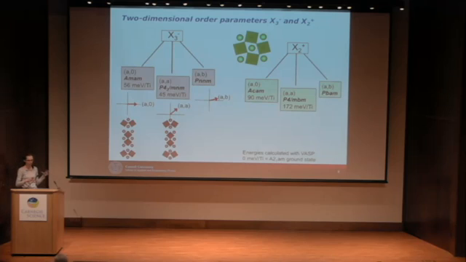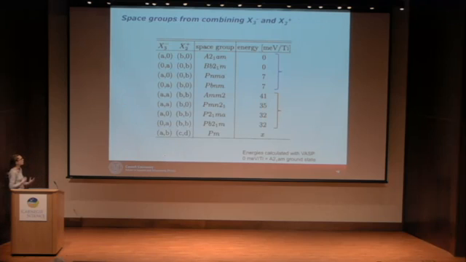So now let's look at all of the subgroups we can get by combining these two order parameters. Here they are. So here's the directions in order parameter space, the space group labels, and then their energy. The 0 here I'm setting to the energy of the ferroelectric ground state, A21AM. The key thing to notice is that we find a very low energy structure, PNMA, not to be confused with